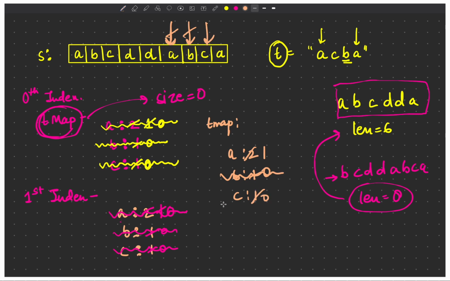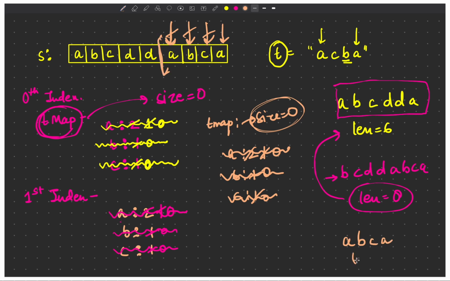C, decrement the count. Since the count became 0, we'll increment the pointer and we'll delete C. A, decrement the count, and since the count of A became 0, we'll delete the entry from the map, and now the size of T map has become 0, right? Now we got one more substring starting from A, ending at this last value A, and the length is 4.